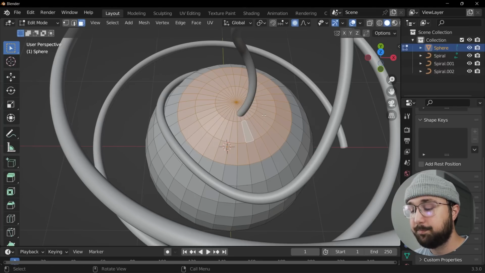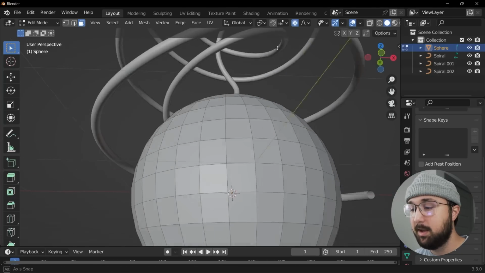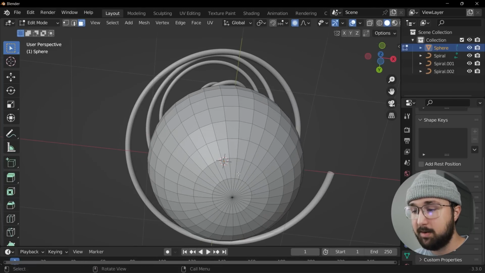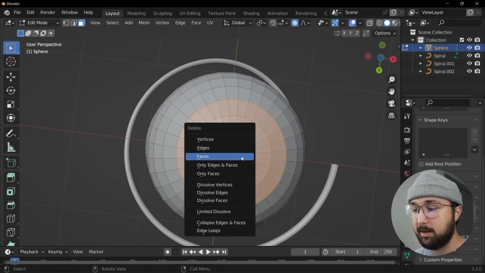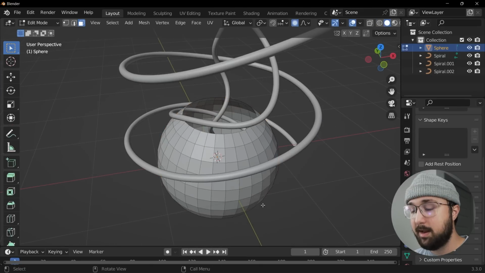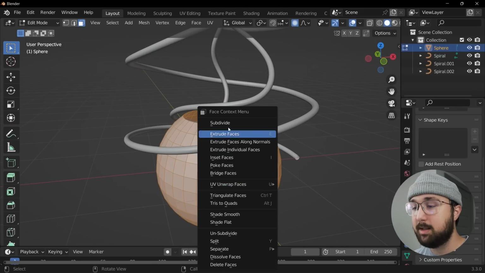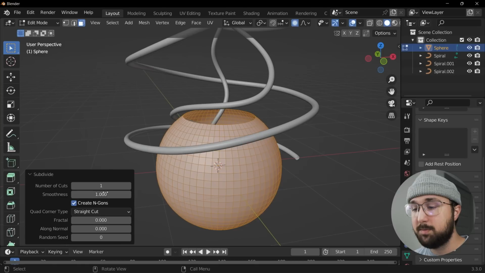And then what you do is you right click to get out of that dialog, hit X and click faces, and then do the same exact thing down here. Hit C and select all of those faces, right click, X, faces, boom. Now we have that. I'm going to hit Tab again, hit A, right click, subdivide, bring the smoothness up and